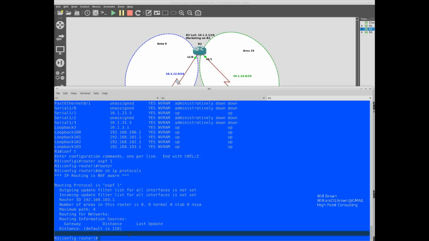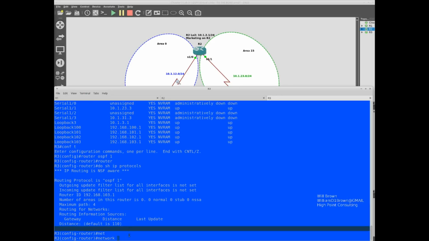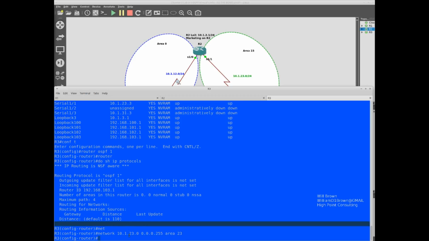So we're going to leave that, and I'll just go ahead and complete the network statements: 10.1.23.0, 0.0.0.255 for area 23. We're putting the segment between the routers in a different area, so we're setting up a different area on router 3. Okay, so that's area 23,